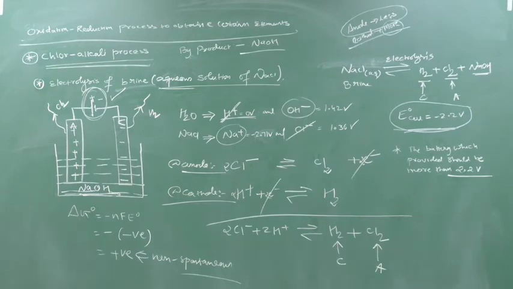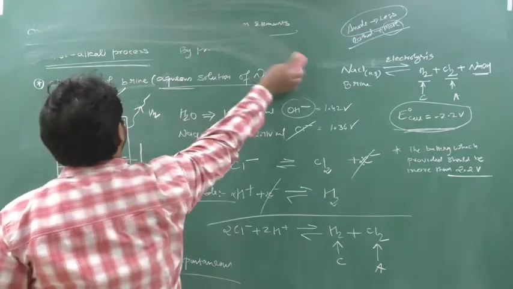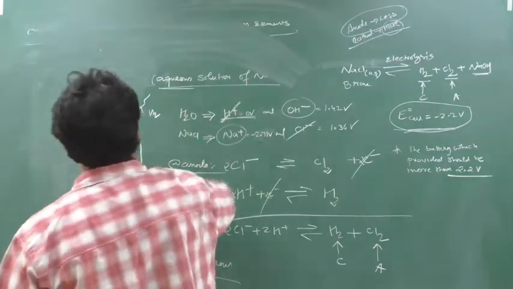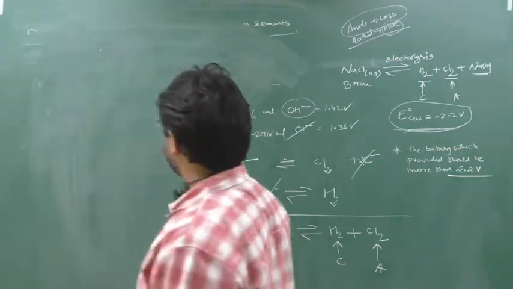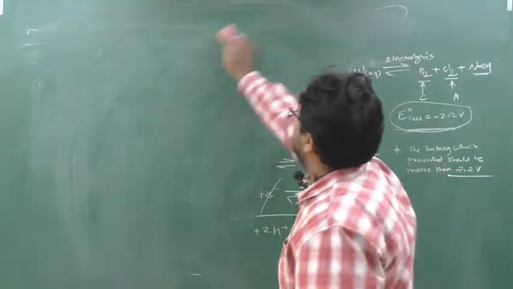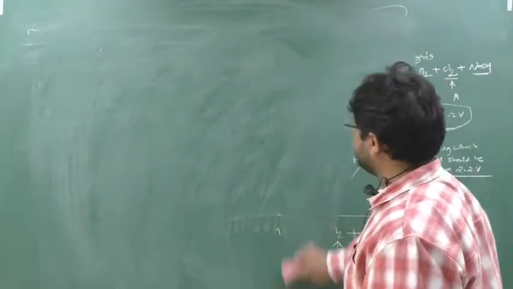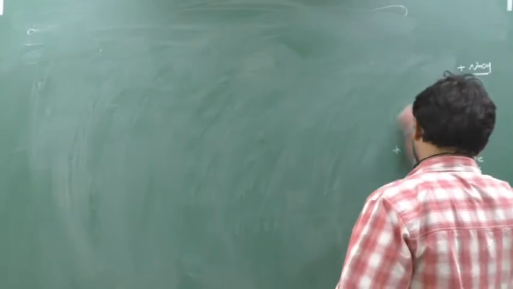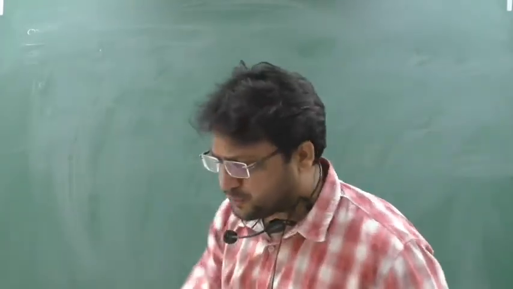So this was your chlor alkali process, which is coming under oxidation reduction. Chalo. So we will see the reaction involving the leaching of silver and gold. I will teach you only for the gold. And instead of gold, if you put the symbol of silver, then that reaction will be for the silver. And I guess I have done it somewhere in the previous video also. But once more you see it with a trick.